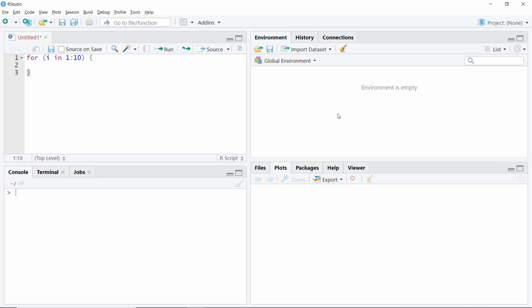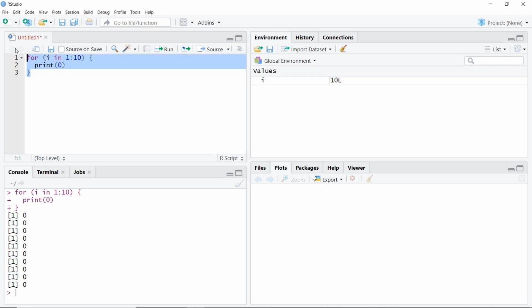And inside the curly bracket, all we do is write our statement which has to be run that many times. Let's say I want to print 0. If I select everything and press Ctrl Enter, you will see that 10 times we got 0.